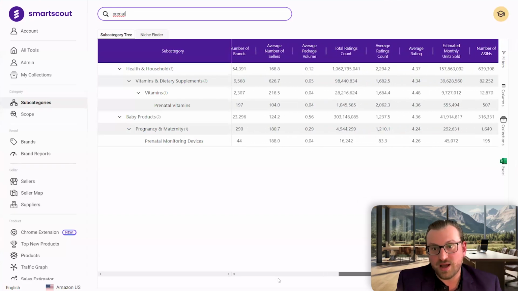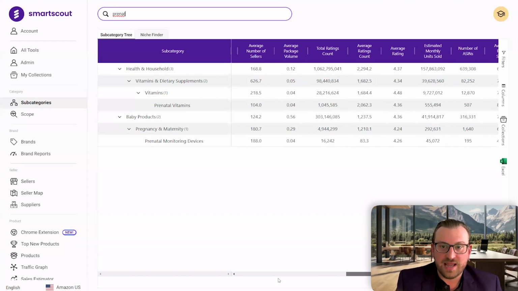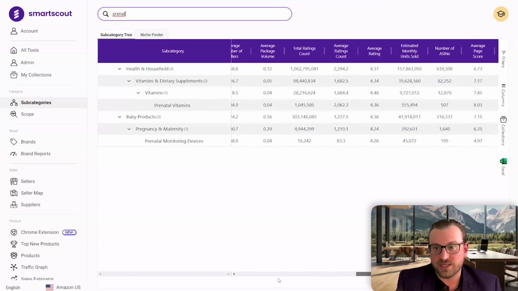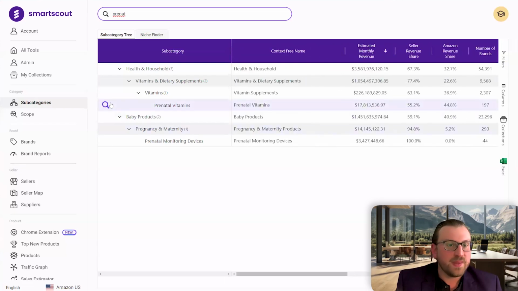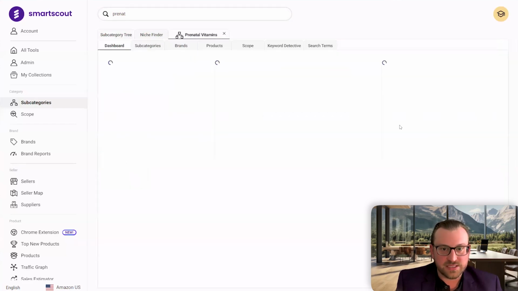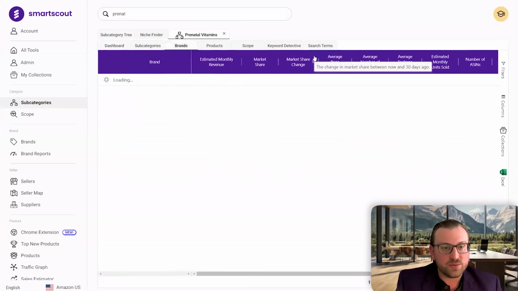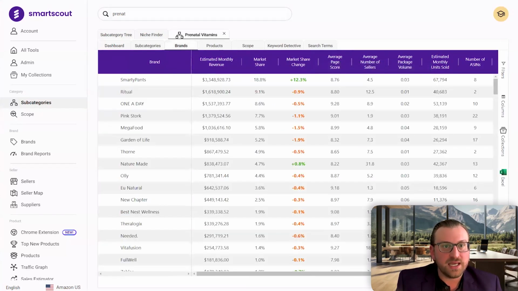Of course, when you're launching a product, you're going to have to gather your ratings and your reviews. That's definitely something else to keep a close eye on. Okay, let's take a closer look at this particular subcategory, and let's look at brands. Okay, so now we see almost 200 brands. Top level brand is Smarty Pants at almost 20% market share. Wow, had a huge jump, 3.3 million in estimated monthly revenue.